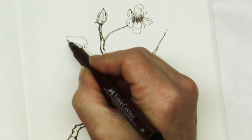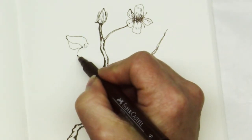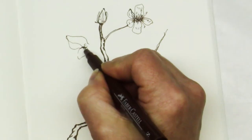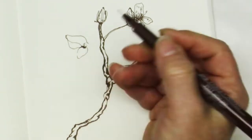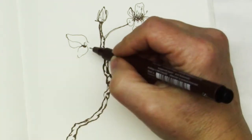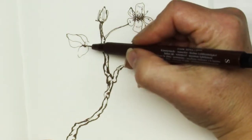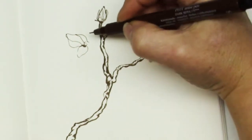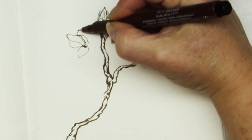And I think this one's actually going to have sort of a fold in it. Then this one is going to be just very little. And the reason why this one looks little is because it is foreshortened. It's coming towards us, so we don't see it as well. And I think I'm going to end up, I don't like how wide that one ended up being, so I just created another line, and then